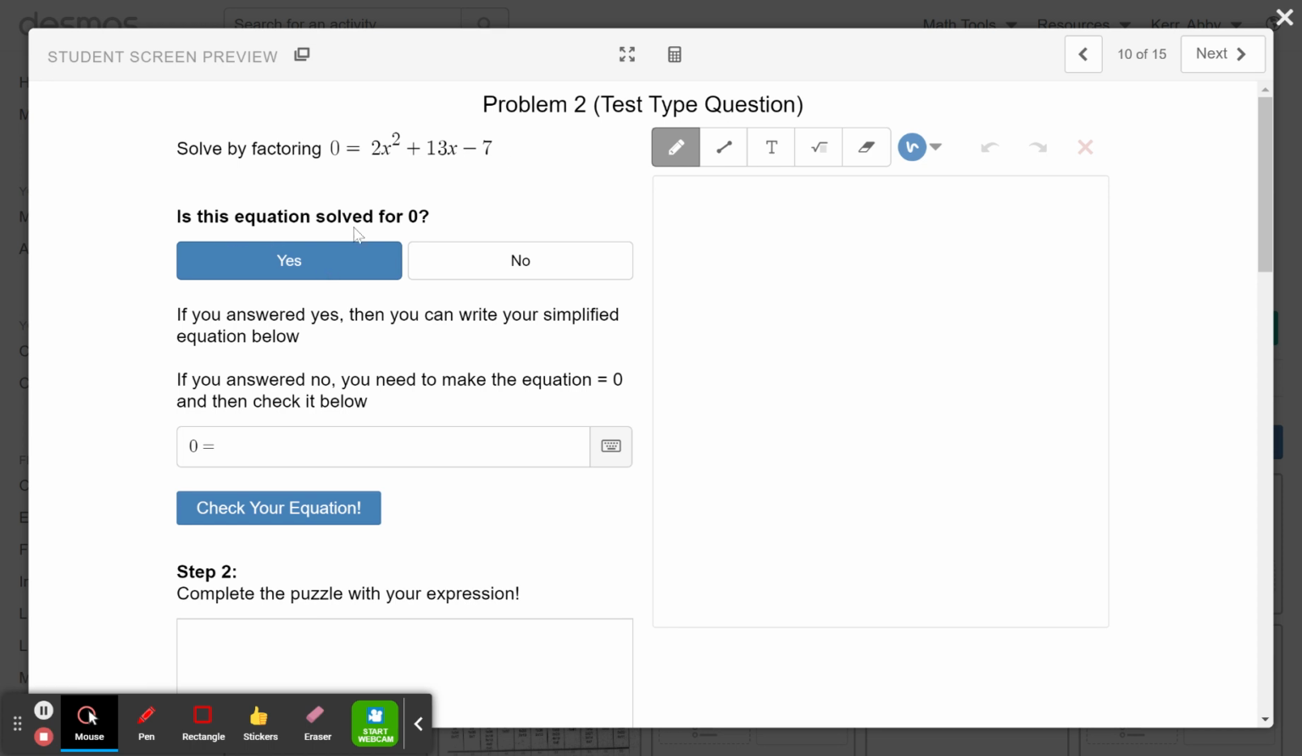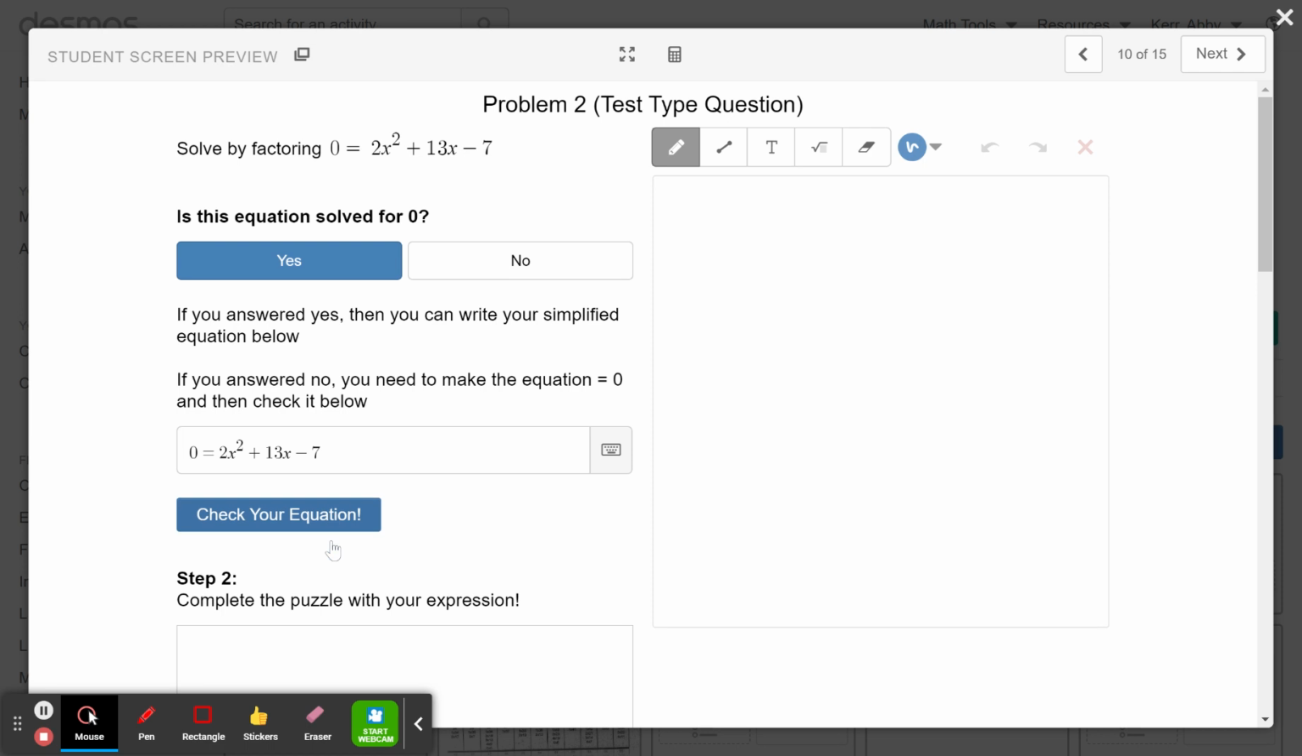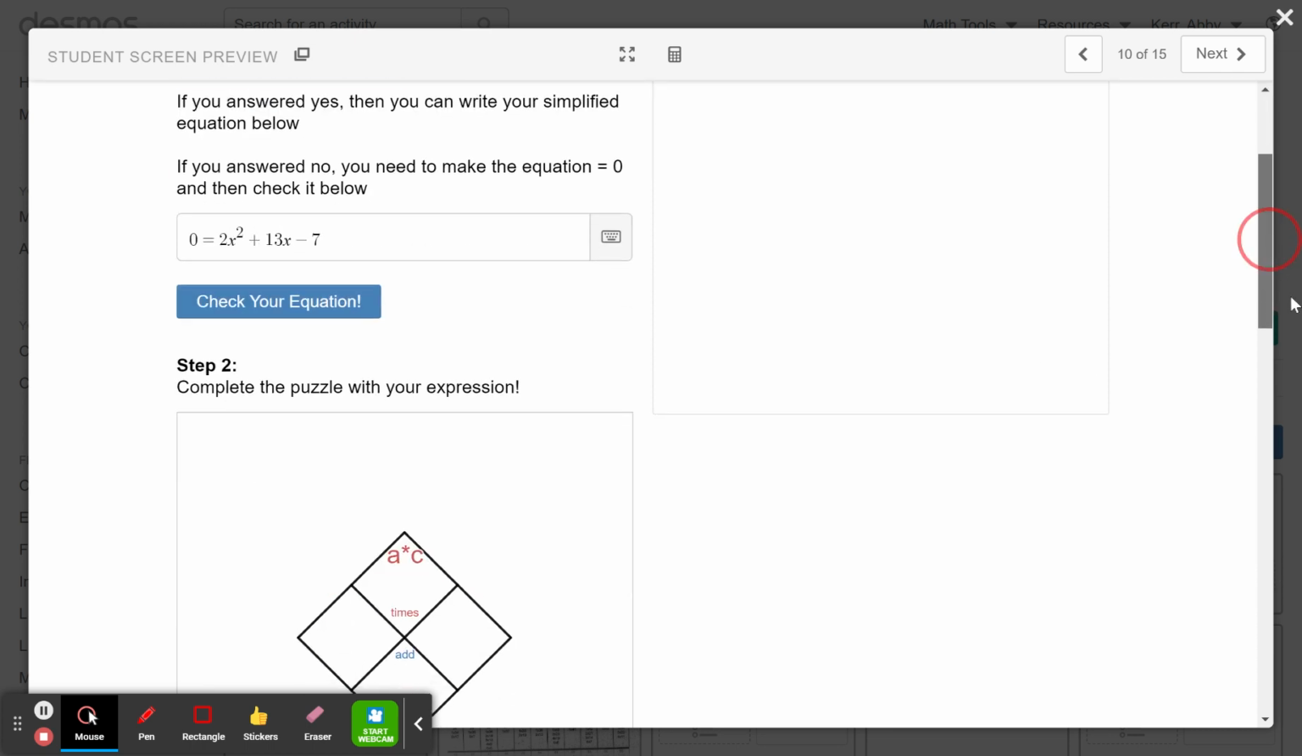And that should say, is this equation equal to 0? So I'm going to actually edit that. Since it is, all you have to do is copy and paste. All right, so since it is 2x squared plus 13x minus 7, we can multiply a times c, which is